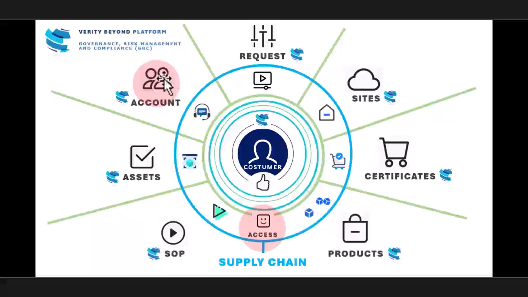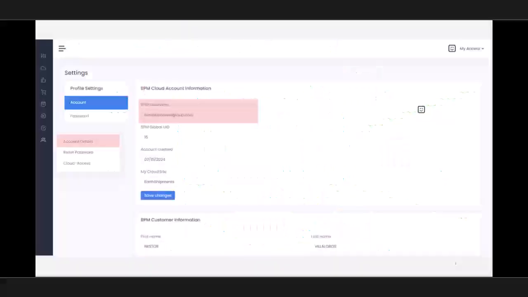The account is related to VerityBeyond backend dashboard, where once you're logged in, you can have access to your account information, BPM cloud account information. You can change your password when you go into that menu, and you, as an admin, you will have cloud